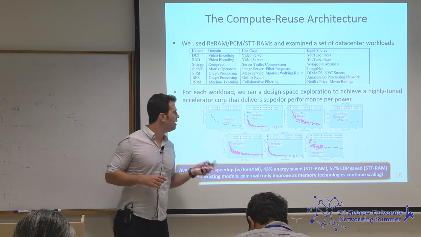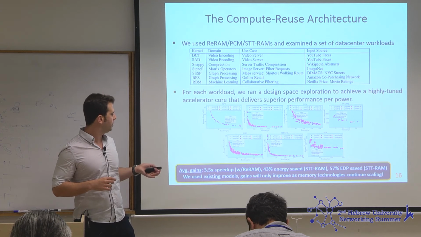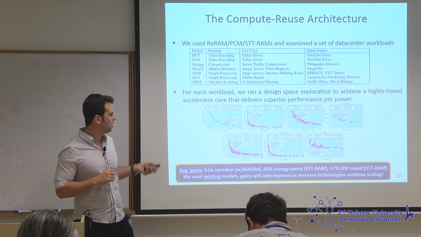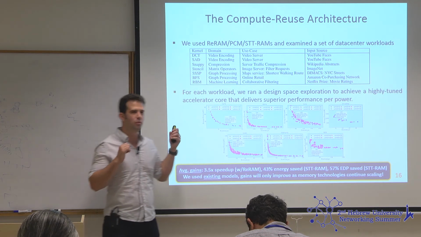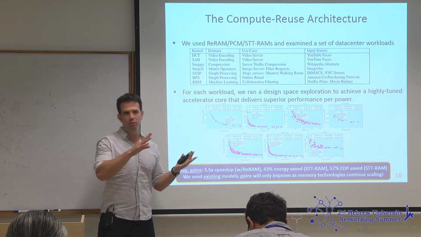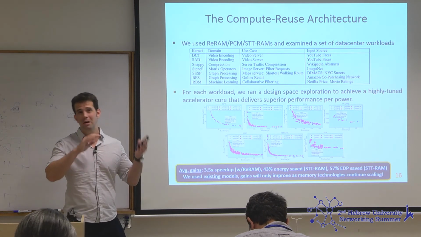And finally, we looked at different aspects using different memory technologies: resistive RAM, spin-transfer torque RAM, and phase change memory, and the gains were eventually staggering. I'm going through this as a highlight because I don't have much time, and this is currently